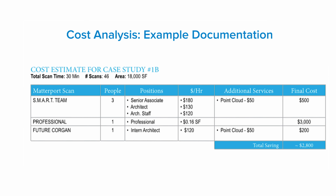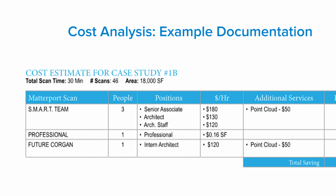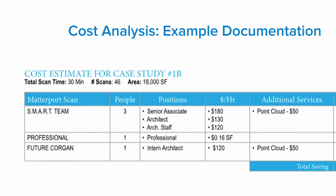We did do a cost analysis on whether we hired a third party or just bought the camera ourselves. Scanning the Utilidor tunnel at LAX was about 18,000 square feet, and we were able to scan that in 30 minutes. And that's just half an hour of everyone's time. That was our first scan, so we did bring 3 people, but